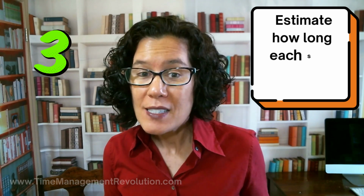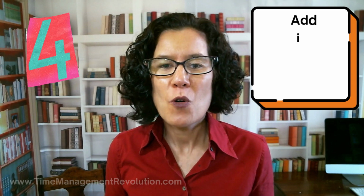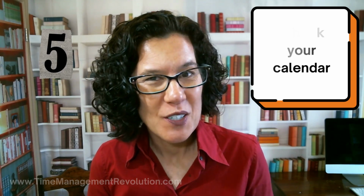Number three, estimate how long each step should take to complete. Number four, add in some extra or cushion time to allow for problems or glitches. Number five, check your calendar to see what your workload is. Number six, schedule in appointments with yourself in the empty spaces on your calendar to work on the steps, allowing